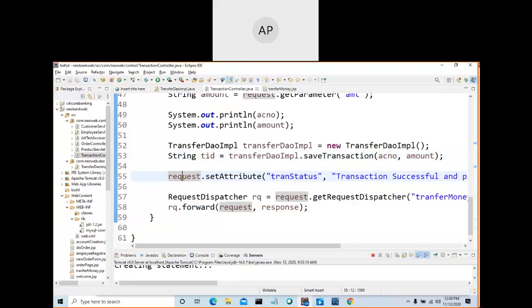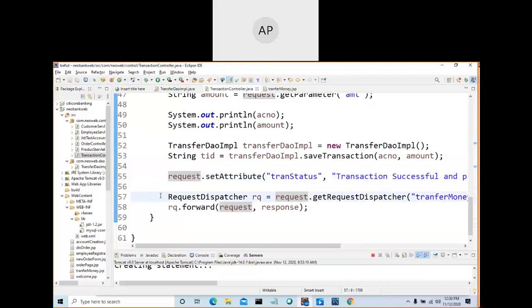And I am storing this variable in the request implicit object. So when you store in the request, session or application implicit object, yesterday I showed you in the previous video what an implicit object is. There are 9 implicit objects: request, session, application, out, config. There are other things also, page context, something like that. So you store this in a request scope, session scope, or application scope.